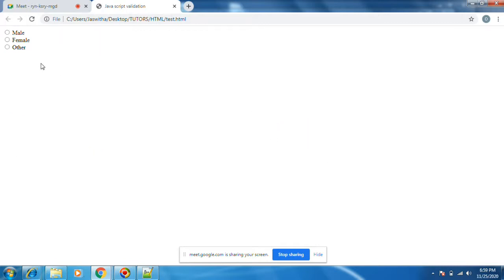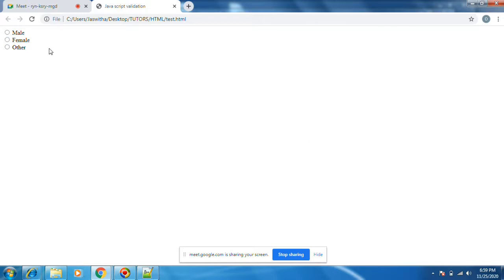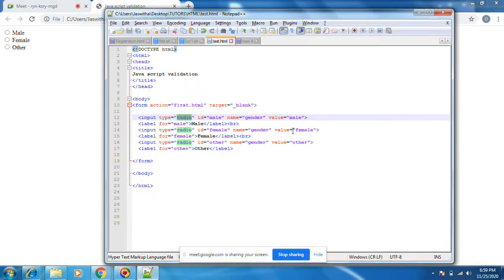Reload. Here I see we need to check once again. By default on refresh, nothing is selected. Okay, if you want to check one, just add the attribute called checked.